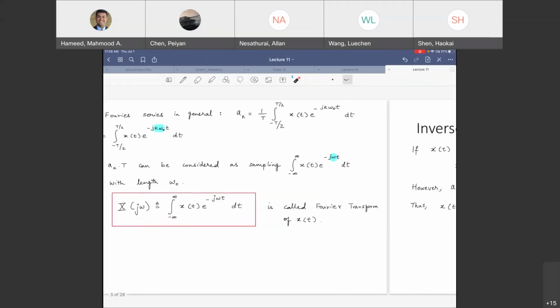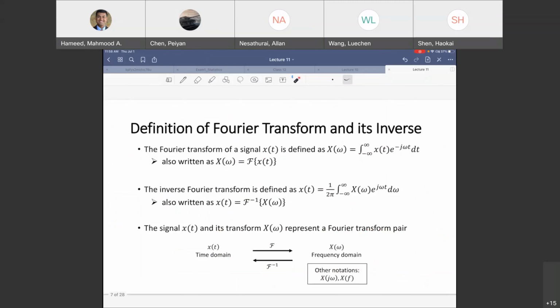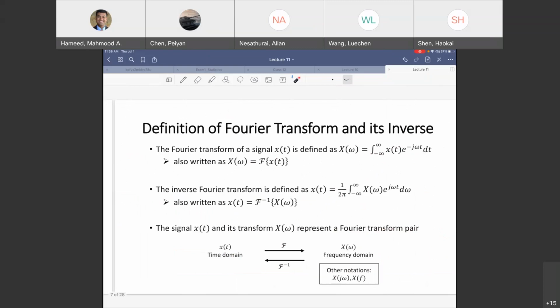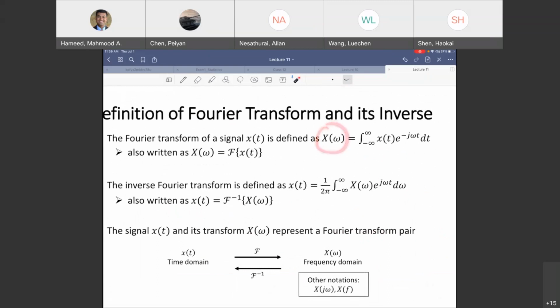Let's have this discussion about the definition of the Fourier transform. You have X of omega, or X of j omega, or X of f, all defined as the integration from negative infinity to infinity of x of t times e to the minus j omega t dt. One thing that commonly gets mistaken here: there is a minus over here and a plus over there. From time to frequency, there is a minus. From frequency to time, there is a plus for the exponential. And also the 1 over 2 pi factor: it is not there in this one, but it is over there.